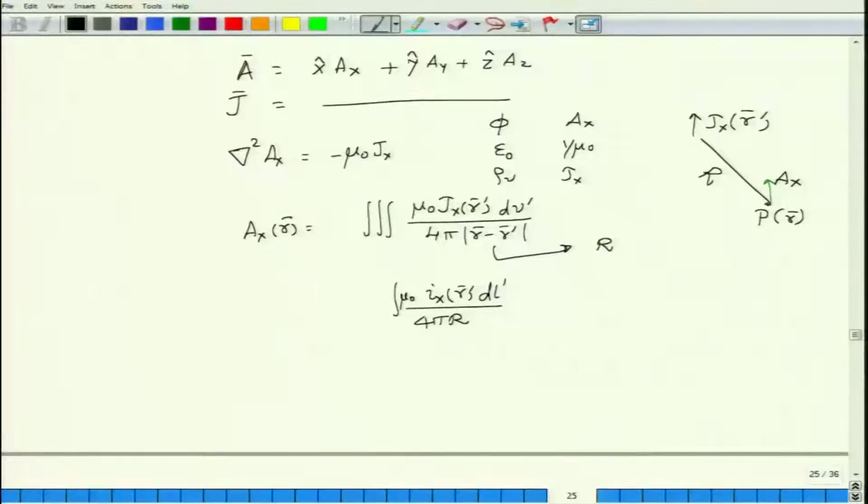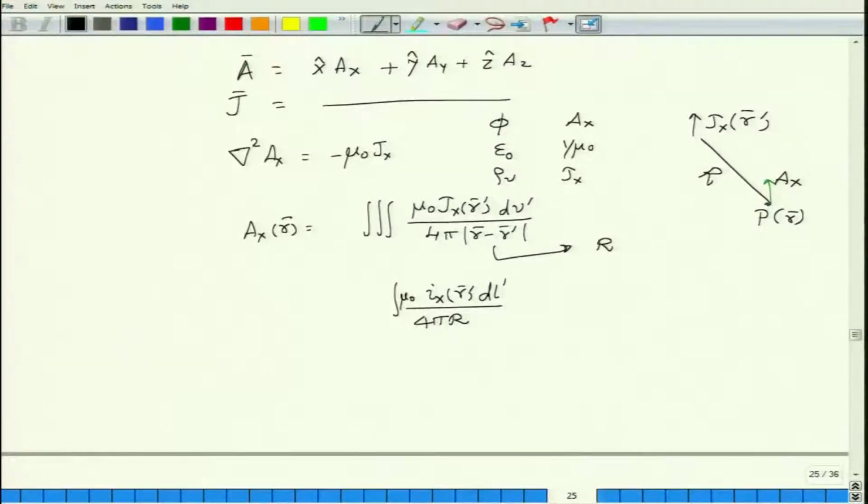Once you have determined the potential, then it is a matter of finding out the magnetic vector potential by appropriate analytical or numerical methods. And you can use all the techniques that we discussed for solution of Poisson's equation, like method of moments or so on, to evaluate Ax with the current distribution known to you. Okay, not the method of moments, the finite difference methods that you can actually use.